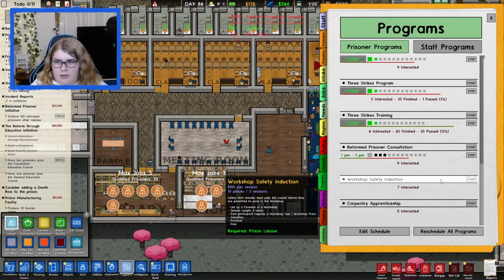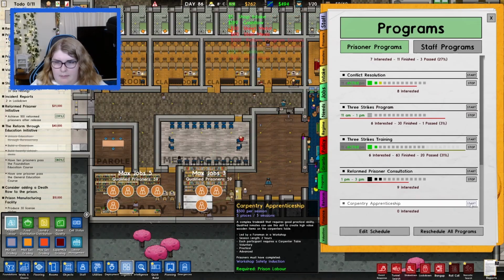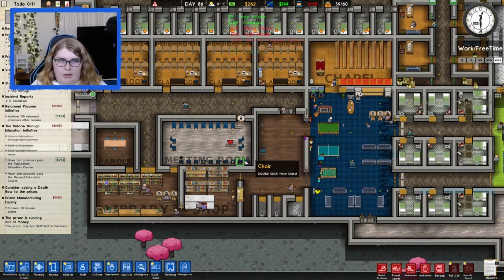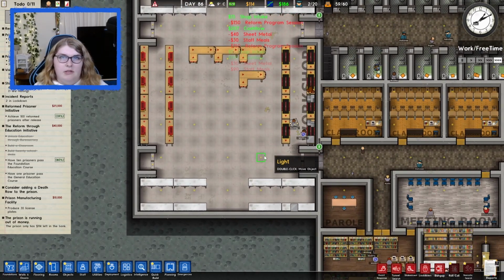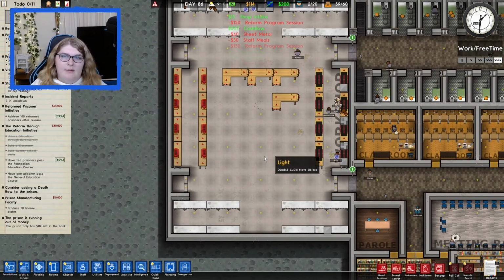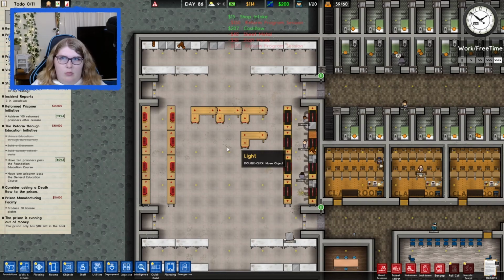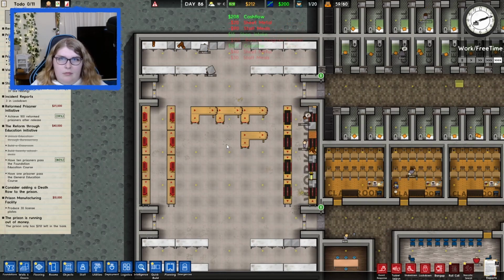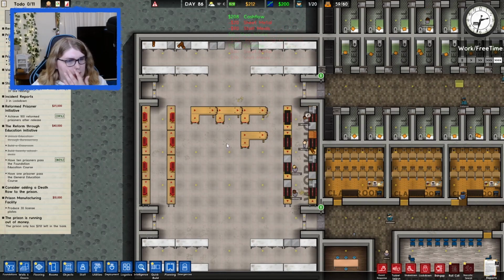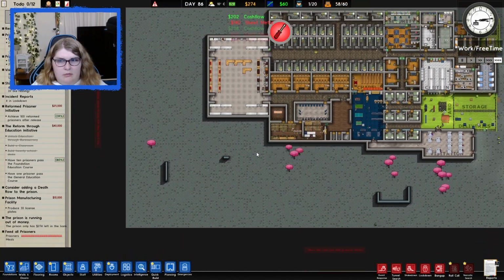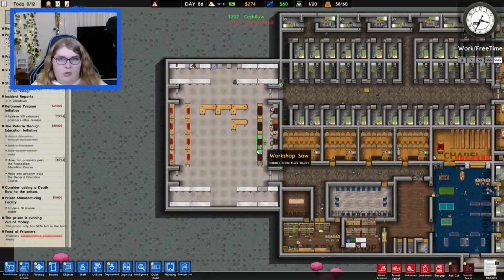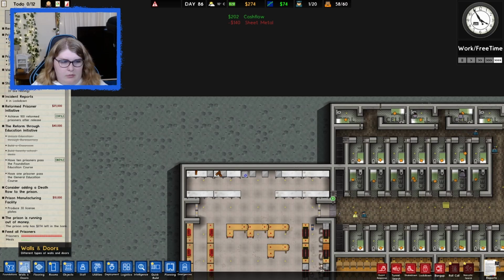Programs. So I know it costs a lot of money, but I'm still gonna do both of them anyway, just because then it's started, and once one person passes one thing, then the other people can pass the other thing, and then it will work out perfectly fine. I have to produce 30 license plates. Okay, that's fine, actually. The only thing that I think I need to do here, if we go to walls